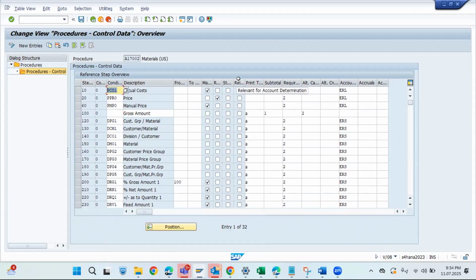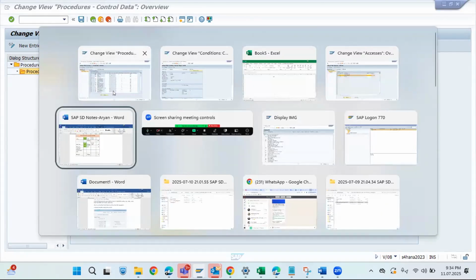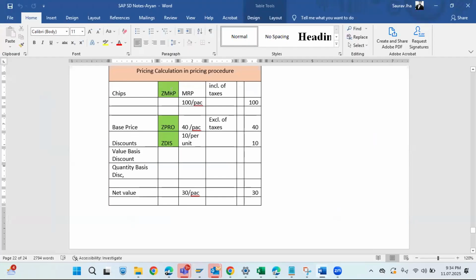And the last one is relevant. Can you give an example for the statistical condition? Okay, suppose we have a ZMRP here. There is no calculation from the ZMRP, but the business requires the MRP to be kept the same